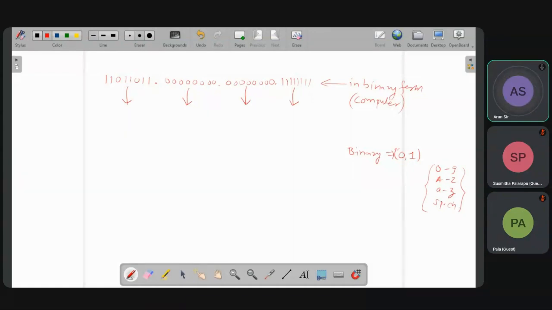If I'm talking about other languages, like Korean or Russian, then the mapping is available as well. There is a body, the American National Standards Institute, and ANSI